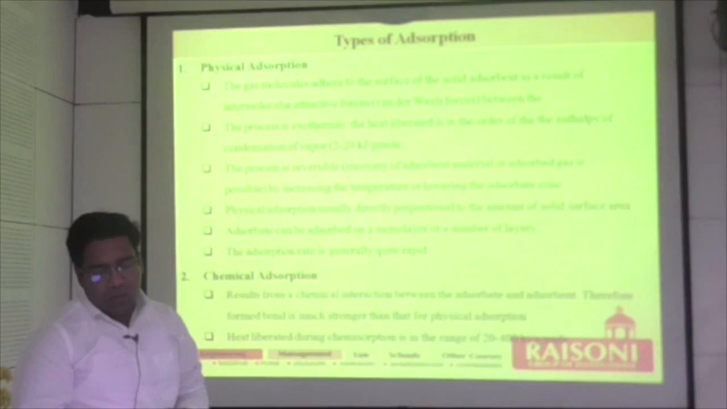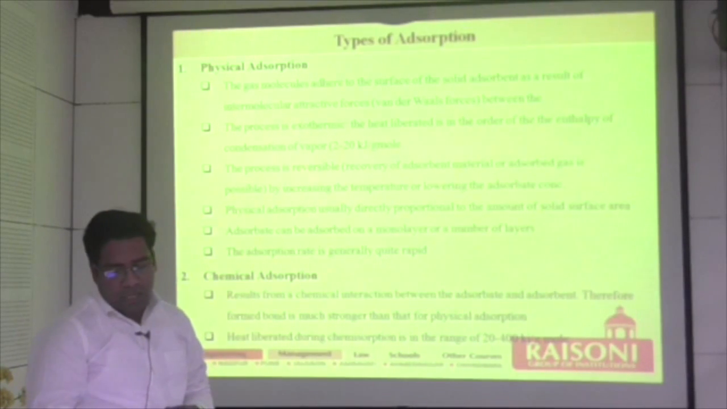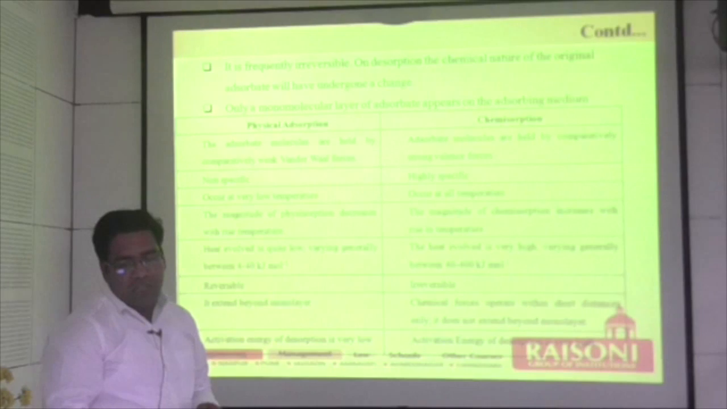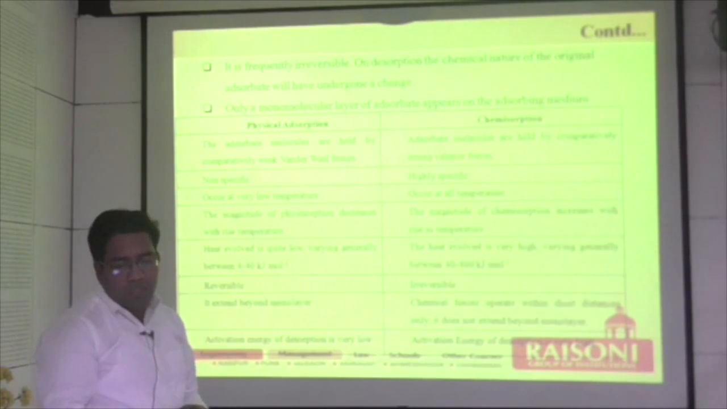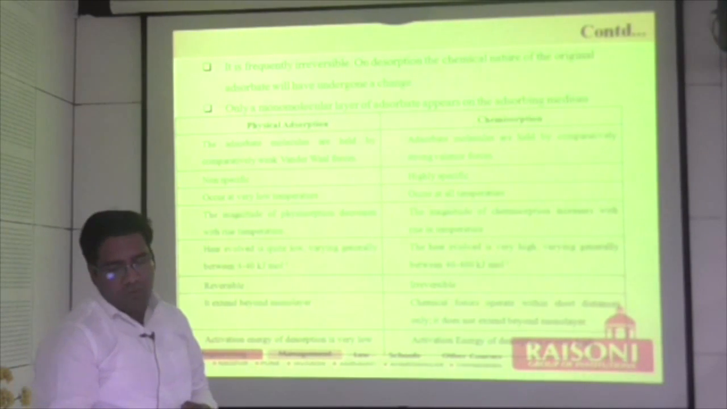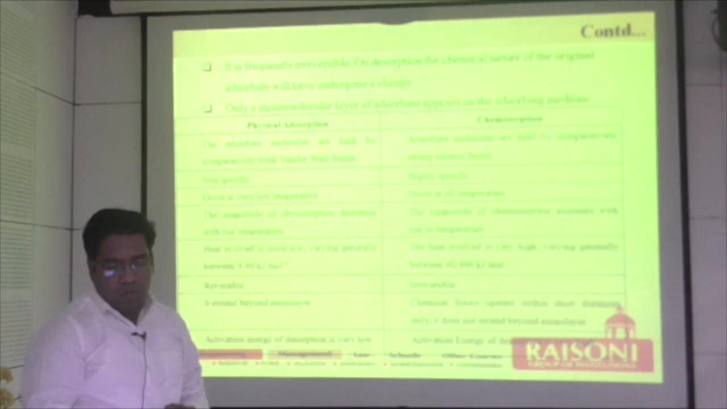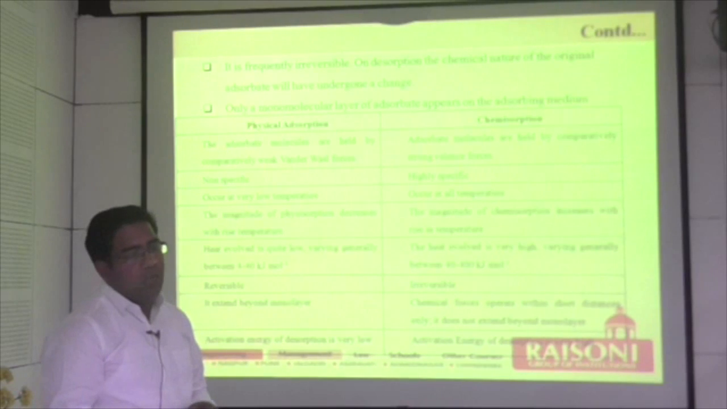Chemical adsorption results from a chemical interaction between the adsorbent and the adsorbate, therefore forming a bond much stronger than physical adsorption. Heat liberated during chemisorption is in the range of 20 to 400 kJ per gram mole. It is frequently irreversible. On deposition, the chemical nature of the original adsorbent will undergo a change. Only a monomolecular layer of adsorbate appears on the